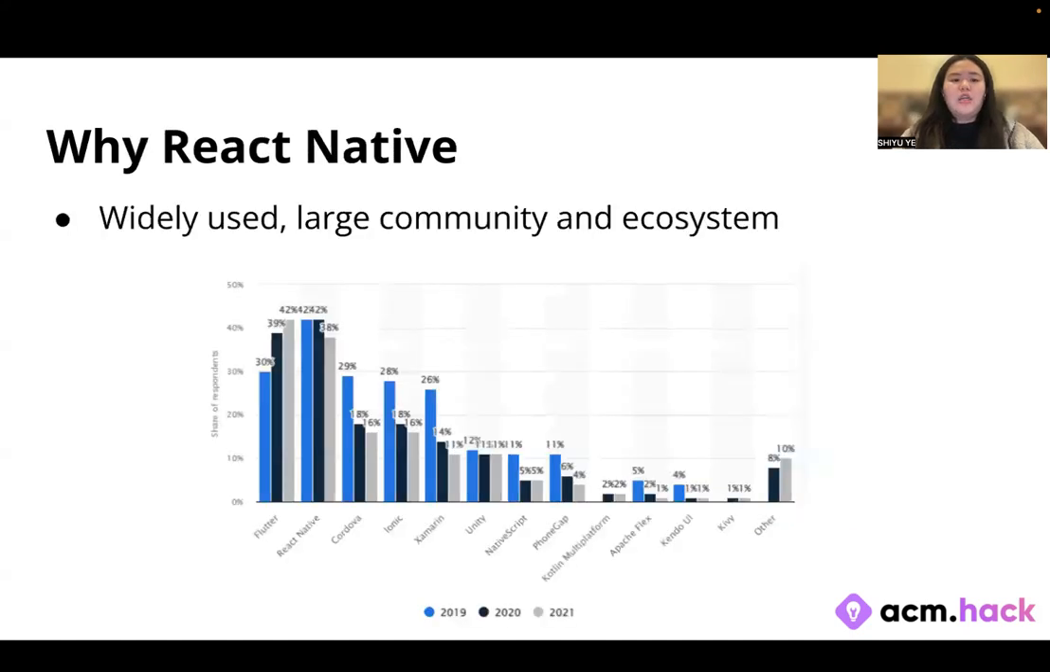There are a couple of reasons why we chose React Native. The most obvious one is that it's widely used. It has a very large community and ecosystem. If you ever run into any problems or bugs, search it up. It is very likely that someone else on the internet has also run into that exact same problem and has probably solved it. I have the market share for a lot of different front-end mobile development frameworks